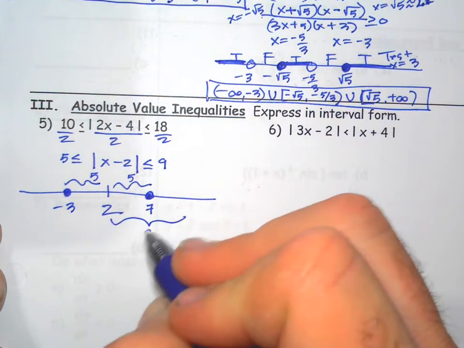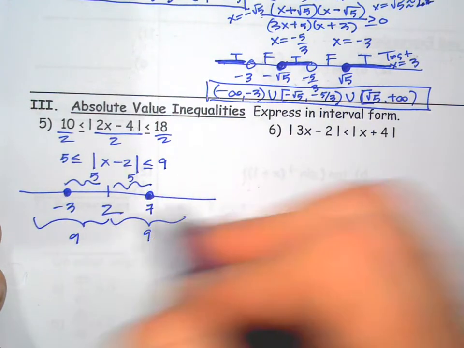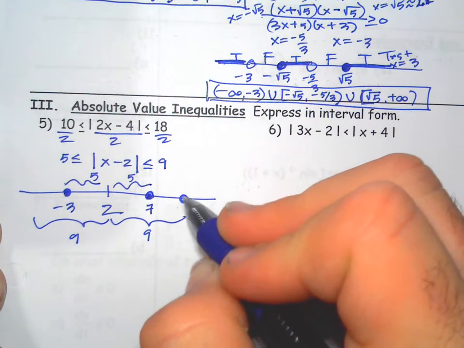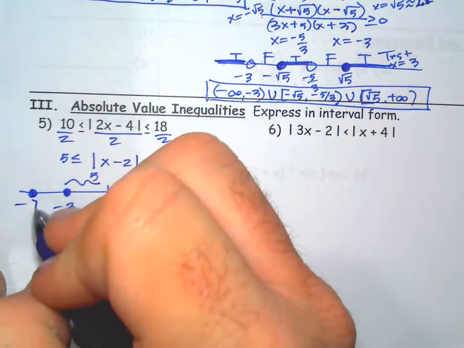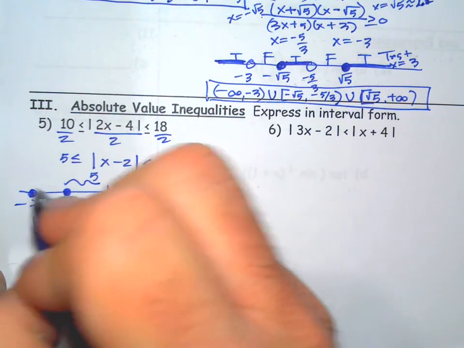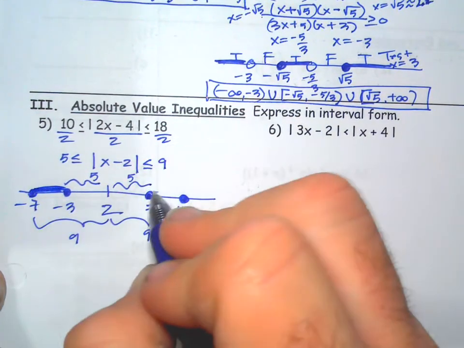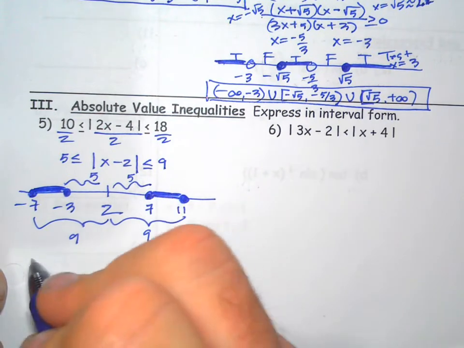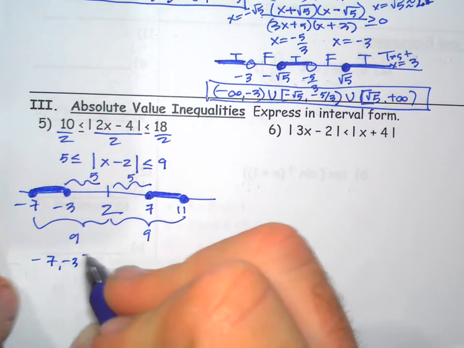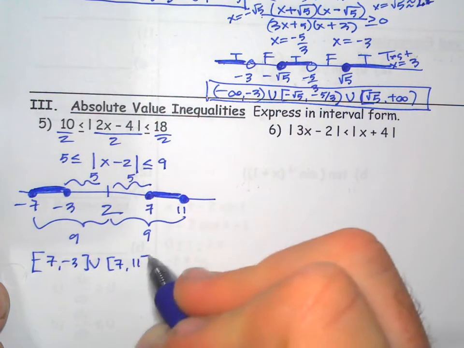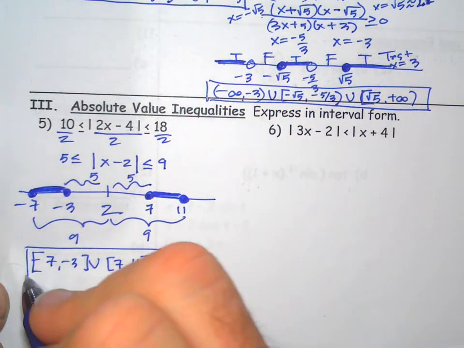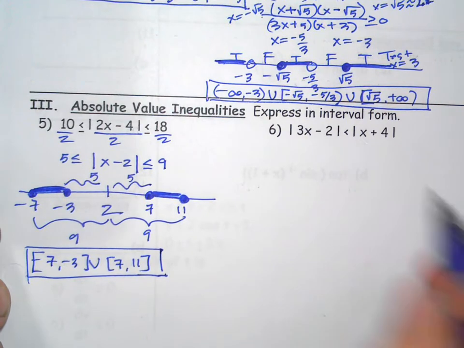And those are going to be solid dots. So that's going to be at 11, and that's going to be at -7. So it's more than 5, but less than 9, so it's got to be in between those. These ones,